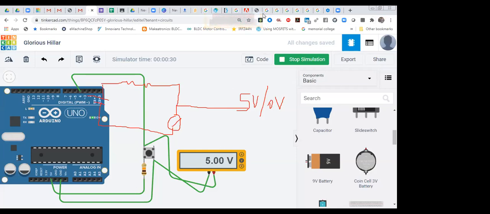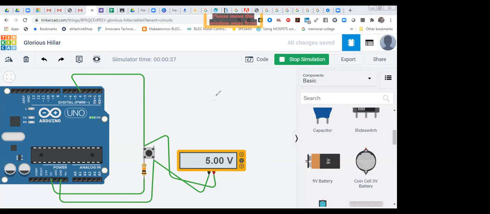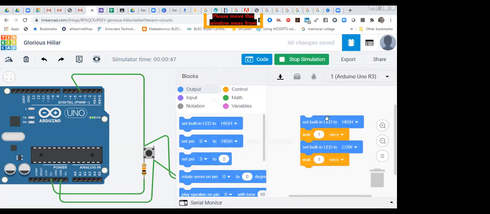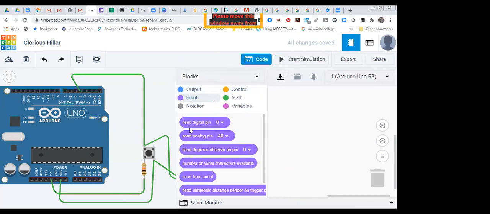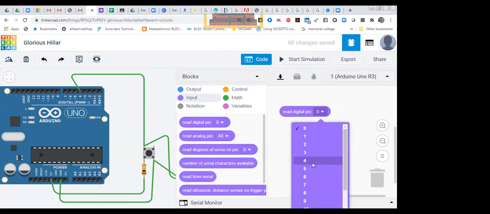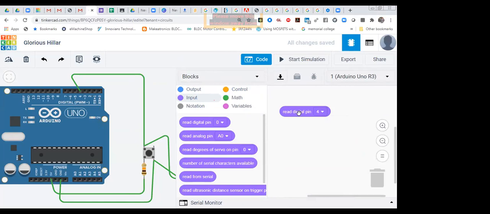Now I'm going to write a code. The code will be the same that we have written previously, for reading any digital signal, whether pull up or pull down. So this one is the default code. I'm going to take input, read the digital pin. We have used pin number 4, and after that we do serial print, or we can take some variable also.